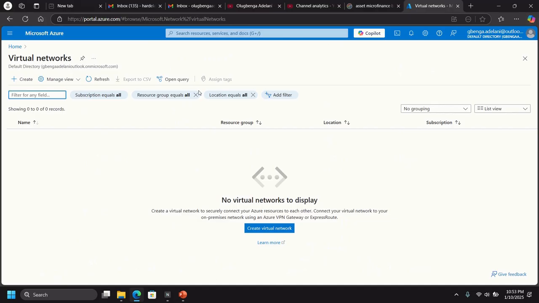Now, in a normal setting, it's not a must that you have to create the virtual network first. I can even go ahead and create the first virtual machine. And in the process of creating the first virtual machine, I will now create a virtual network that will be attached to that virtual machine. And by the time I'm creating the second virtual machine, I will also connect that one to the same virtual network. But for the purpose of clarity, that is why I'm creating the virtual network first. So I will click on create,